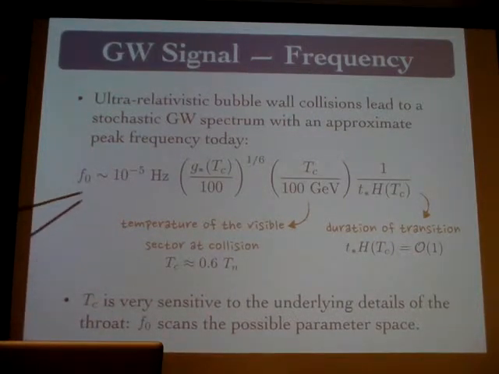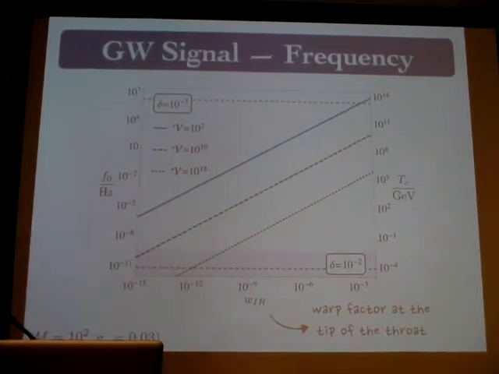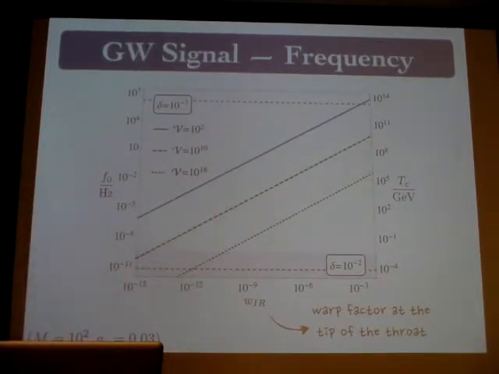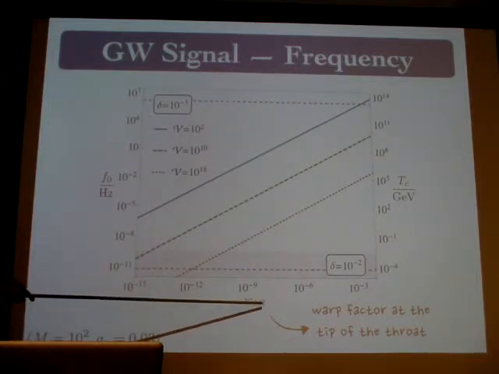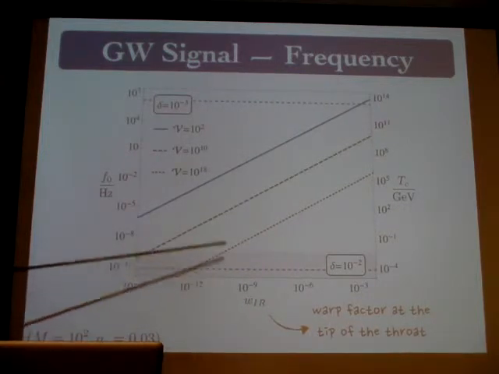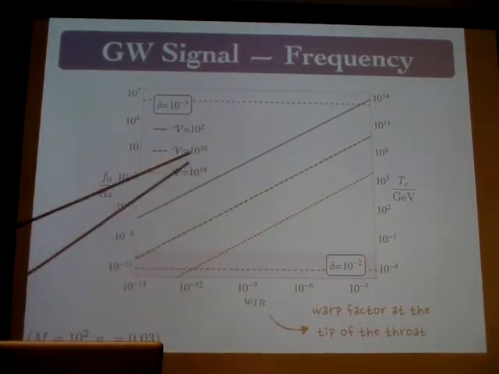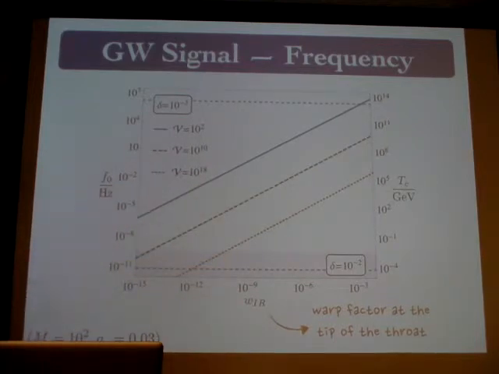So you should think of this frequency as scanning over all possible values. As I change my fluxes and so on, it will change widely. So in particular, this plot shows the frequency peak of this stochastic gravity wave signal as a function of the warp factor of one of these throats. And I'm showing this for 3 different values of the overall compactification volume. So for instance,